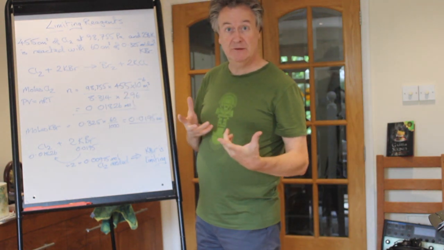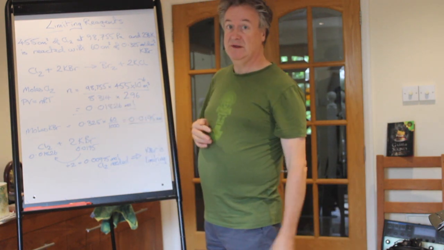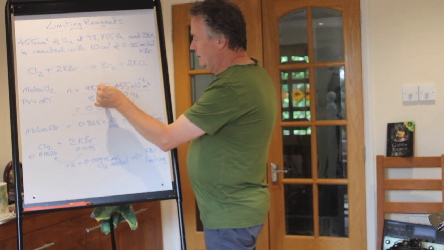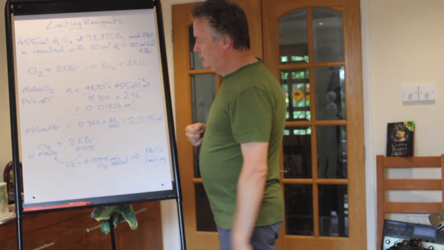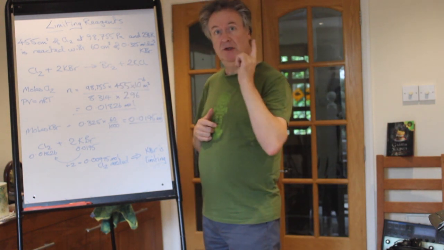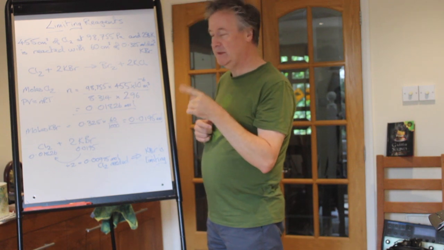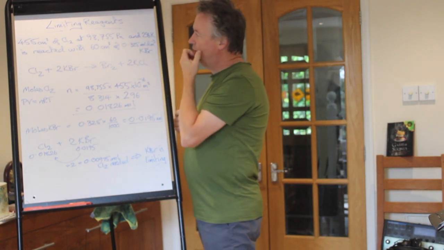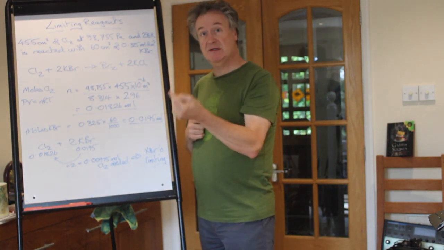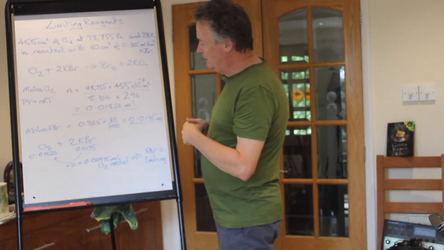You always get given the value of R. It's in your data booklet for your exams. It's just that when you do this enough you remember it's 8.314, even if you don't remember the units. So the number of moles, pressure there, times 455, catch, got to be in metre cubed. A lot of people make that slip up, they don't do the, oh, must be in metre cubed. So 455 centimetre cubed will be times 10 to the minus 6 in terms of metres cubed. I've written metre cubed there to remind you. Divide by R and divide by the temperature, comes out as